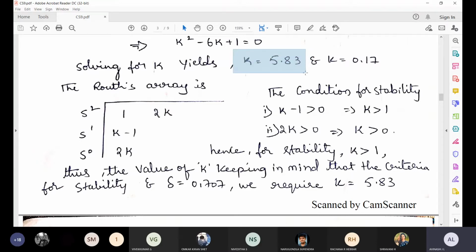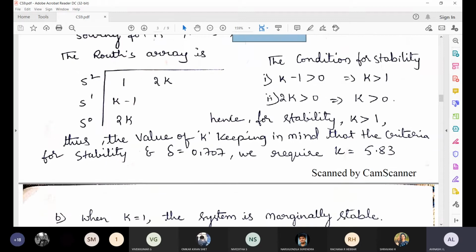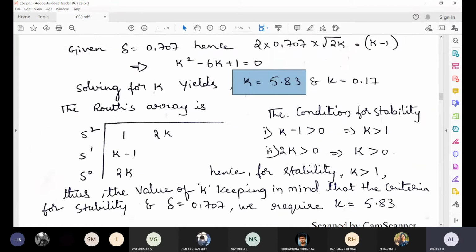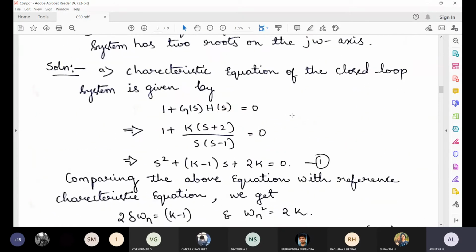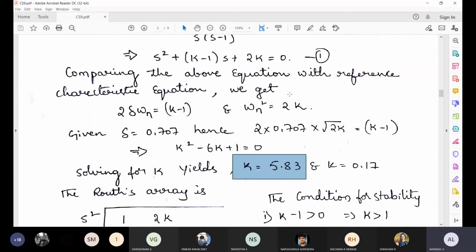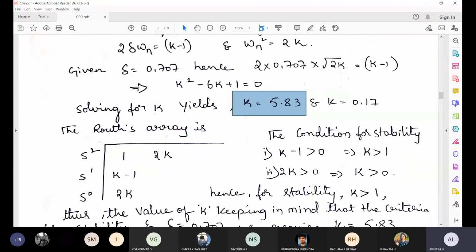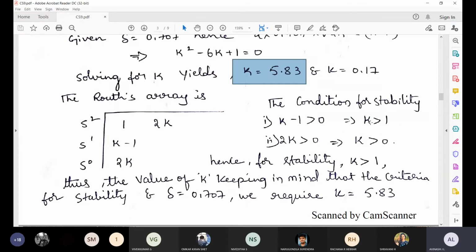So that means what here? Two numericals are clubbed together and they're asking the thing. Okay. So now the procedure is very simple. Whatever they ask, you just solve it, finding the characteristic equation, equating it to the reference equation, find the values. Okay. RH array. So if you are arriving at this particular stage, so it will lead.